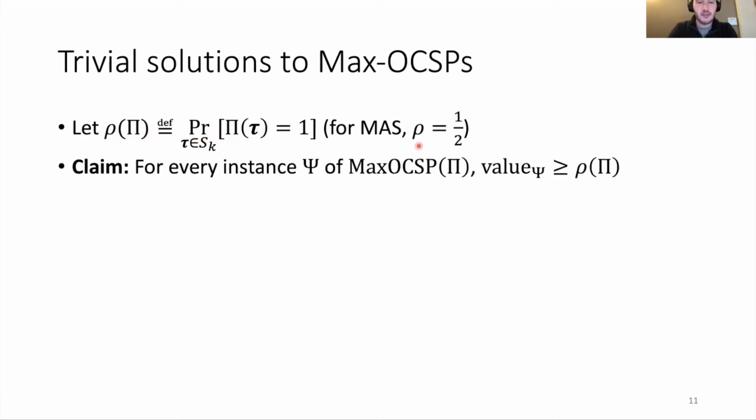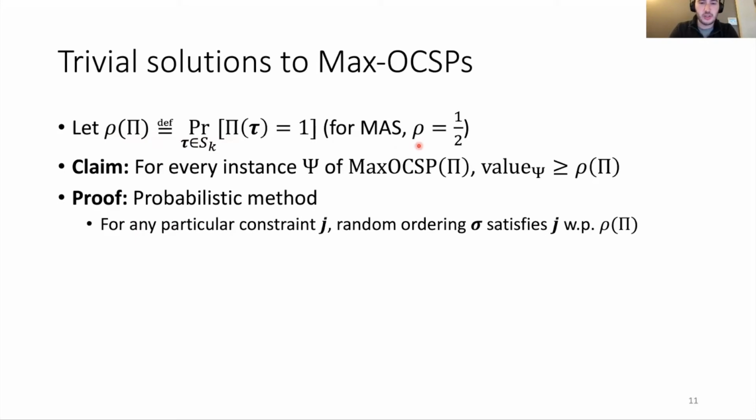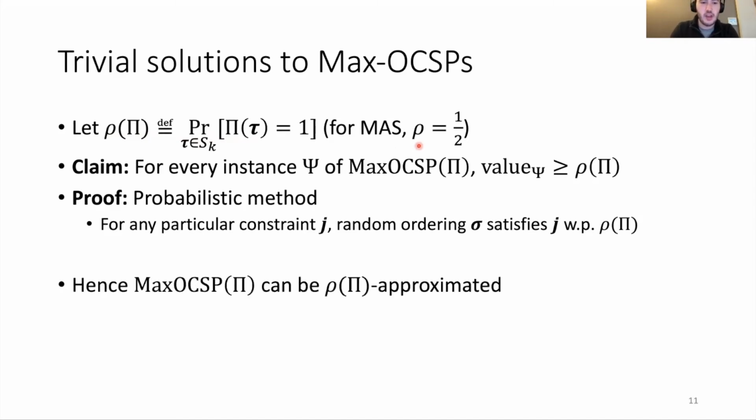So we claim that for every instance psi of max OCSP pi, the value of psi is at least rho. And this just holds by the probabilistic method. Consider a random ordering. Any particular constraint will be satisfied with probability rho, and then use linearity of expectation. So what this means is that for every constraint function pi, for the max OCSP pi problem, there's a trivial rho